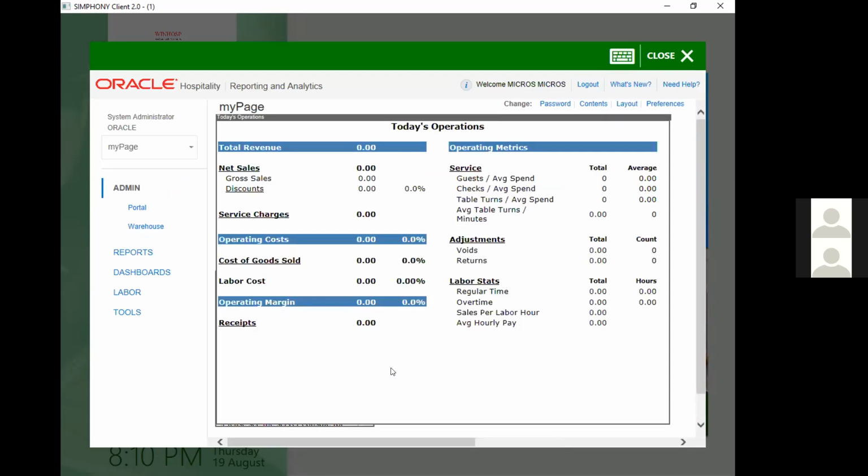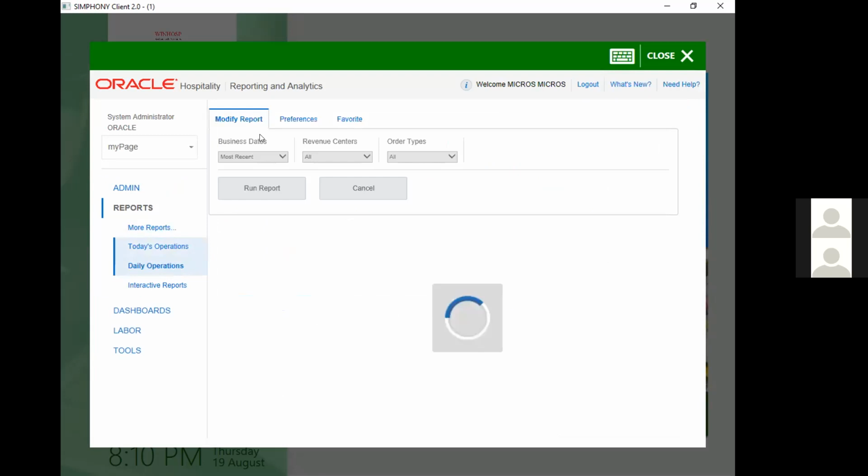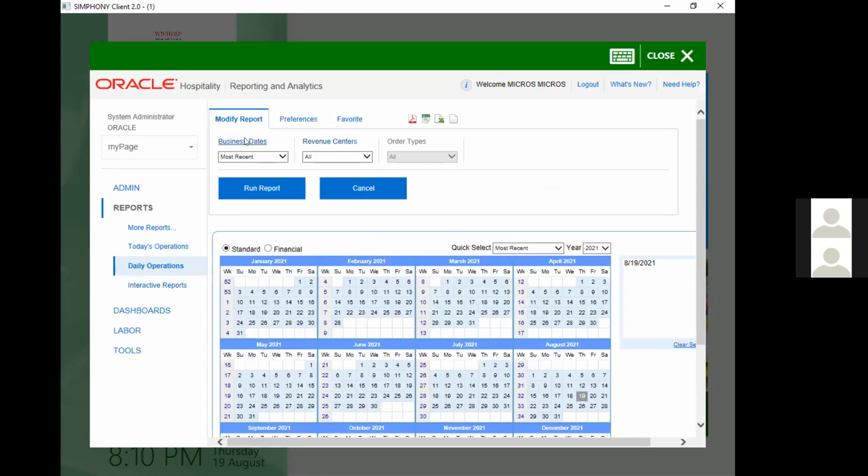Now I have got the reports screen on my POS system itself. If you want to check the reports for previous dates, you can go into the daily operations and select the business date from here. Let's say I want to select the entire month of August.